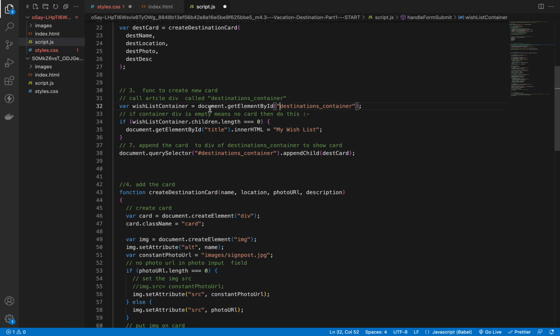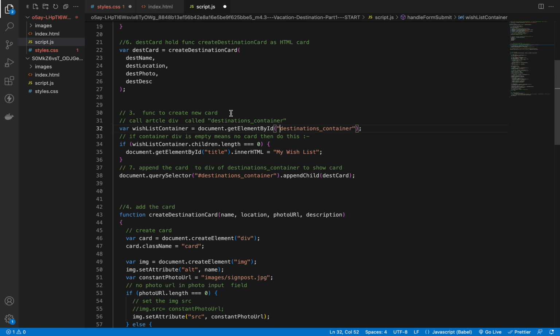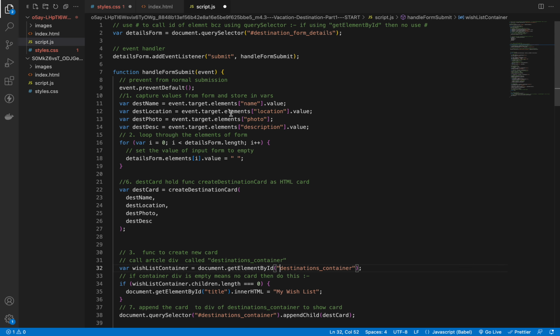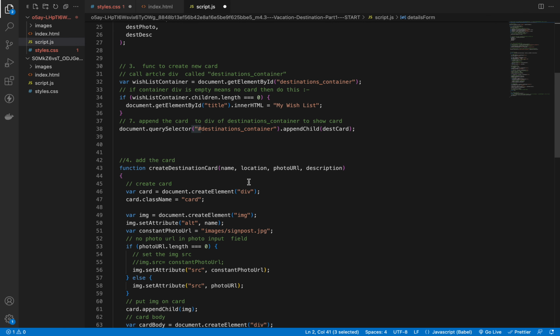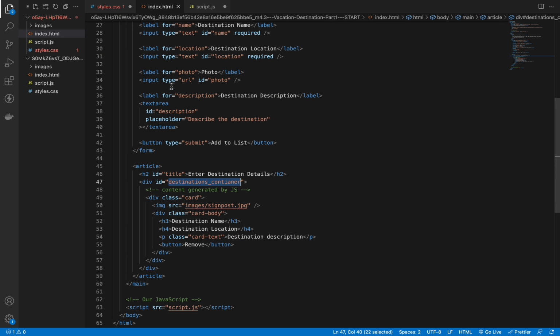If we are saying document.querySelector, then we use this sign for the id call. So inside this, if the container div is empty, meaning no card, then do this. First we will check whether there is a card available or not. If wishlistContainer.children.length, meaning the children inside the div, this div with class card is the child of this parent div, destinations container. If it is already there, then